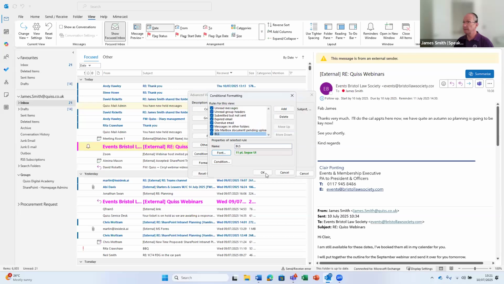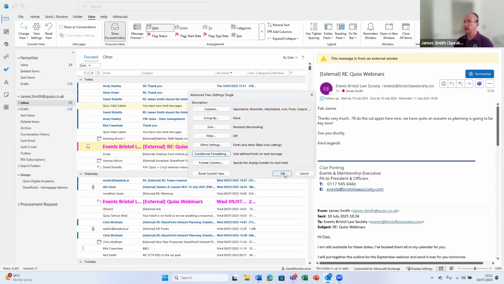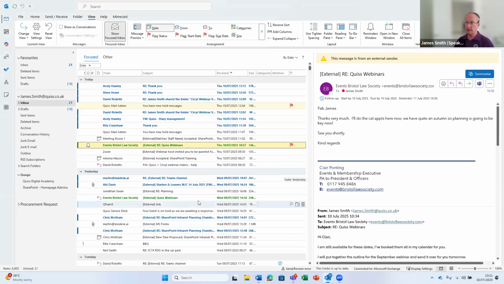So I click OK, click OK, click OK again. It still stands out and is easy to see. It's just not as prominent. And you can create as many of these as you want to. So as I say, for conditional formatting, this is probably one of the most simple ones, but it's a really handy one. As I say, if you've got a key client or customer, it might even be anything that comes